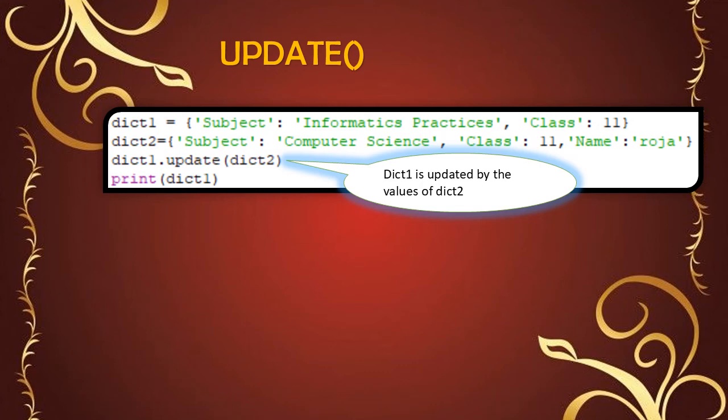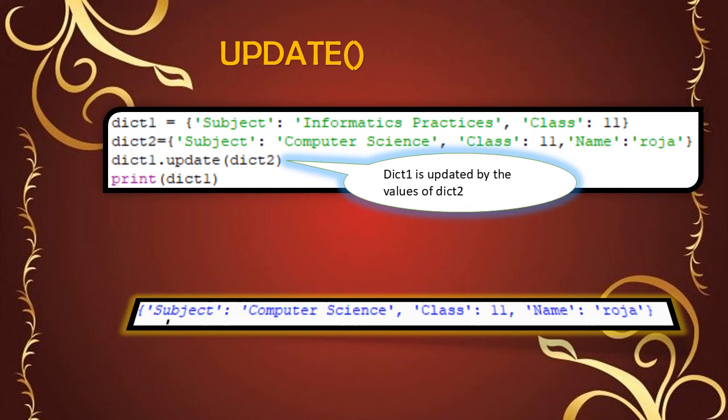In dictionaries 1 and 2 two keys are common, subject and class, but the subject values differ. In the first dictionary the value is informatics practices, in the second it is computer science, and dictionary 2 also contains another key, name Roja. Now dictionary 1 is updated by the values of dictionary 2.